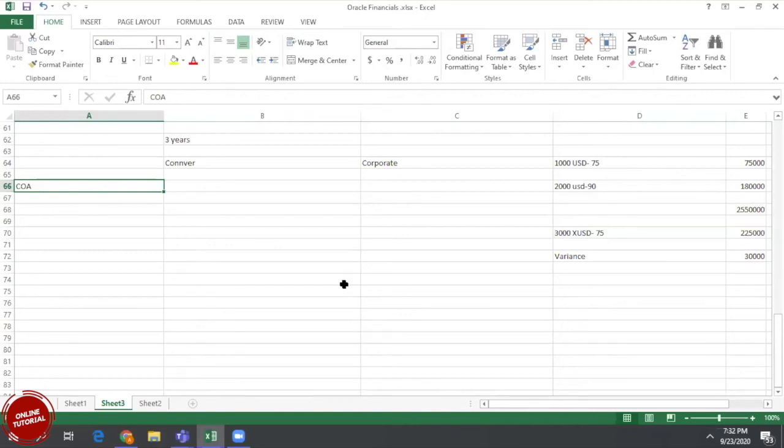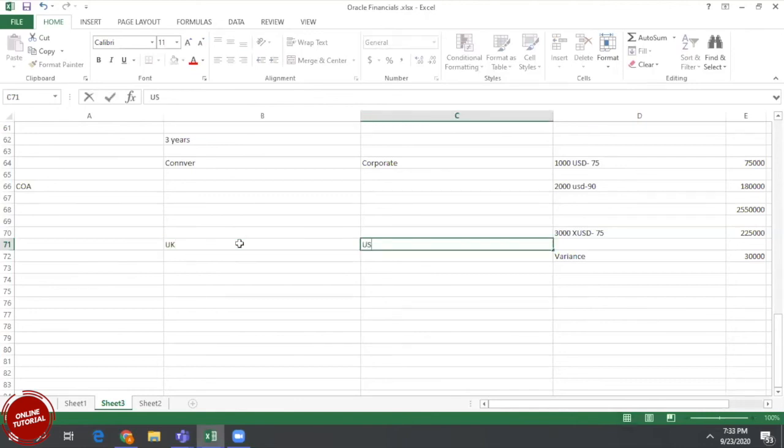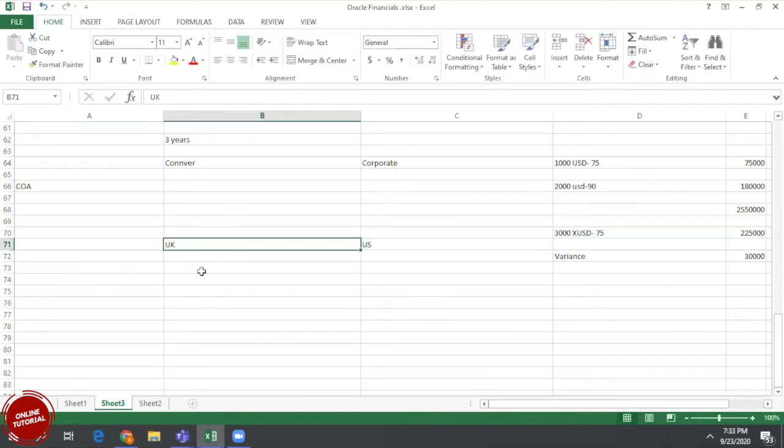Point 1 is, if in all 3 countries you want to use the same chart of accounts structure, with the same business, same value sets, same segments, then we can go with the same chart of accounts. For example, for UK and US, I have company, account, division.